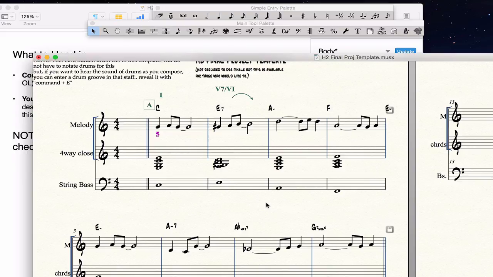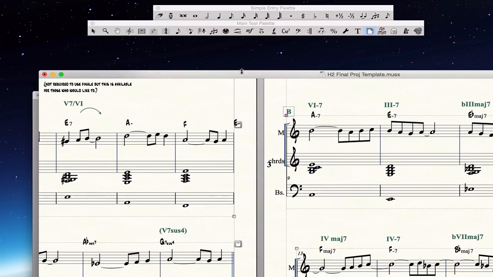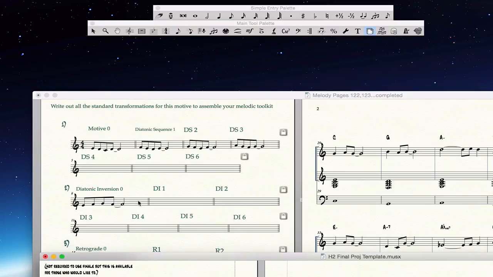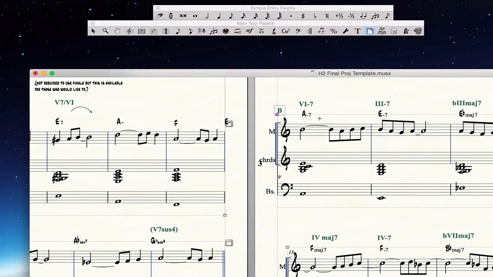So I'm almost done with the video. Now what I'm going to do is just quickly put together a B section based on my new motive, show you what that sounds like, and then we'll be all done. Okay, we're back. So I took my motive, and I manipulated it, and I came up with a B section, and I also put in the analysis. I'll show you that in a minute. So here's